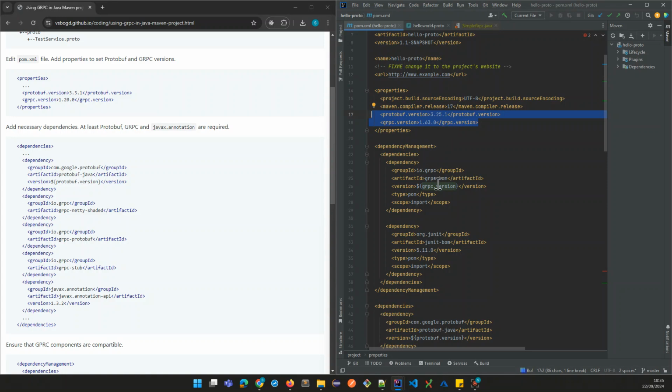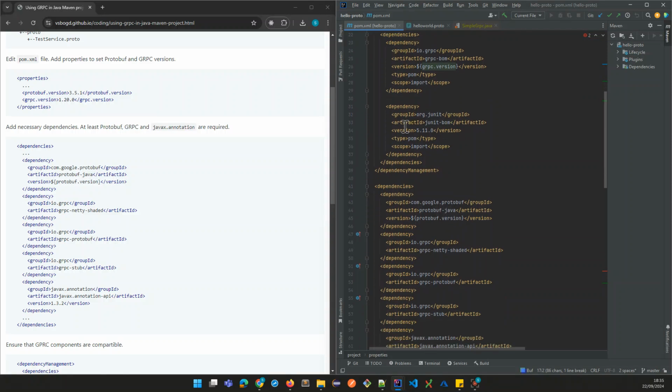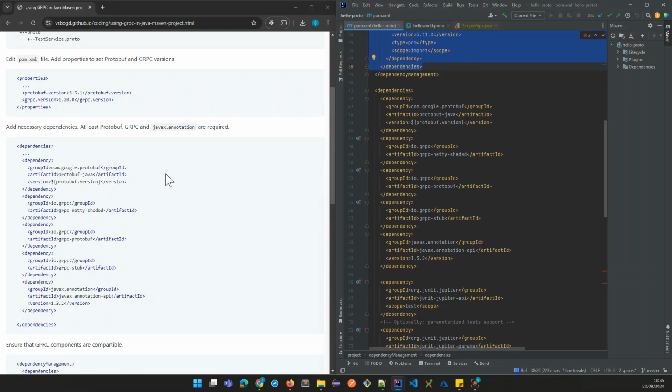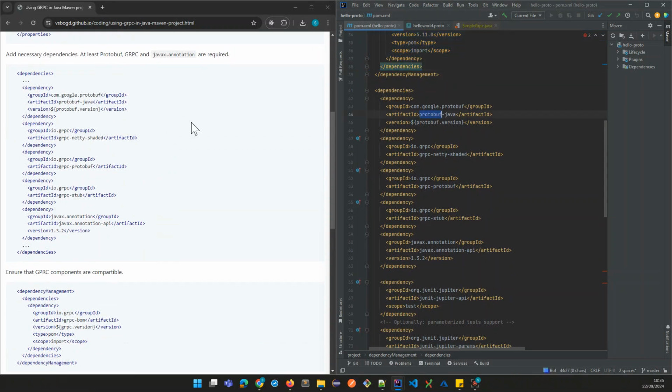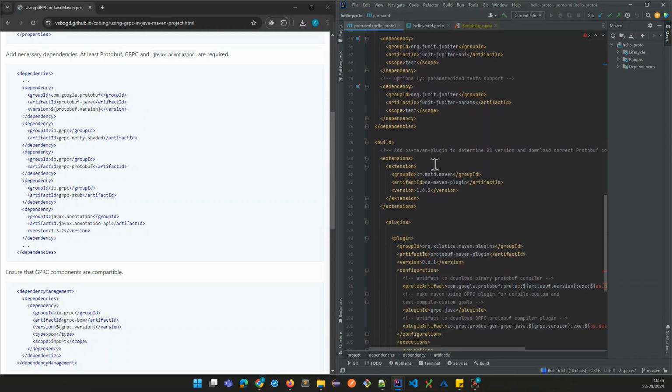So what we need, we have dependency management, just to maintain all the versions, and this is created or supplied by Maven Quick Start by default, so out of the box. Now coming to the main dependencies, we need protobuf, as you see here, netty shaded, protobuf and stub, and javax annotation. So this is all good. These are the dependencies we need. And JUnit Jupiter and JUnit params are supplied by default by the Maven Quick Start,